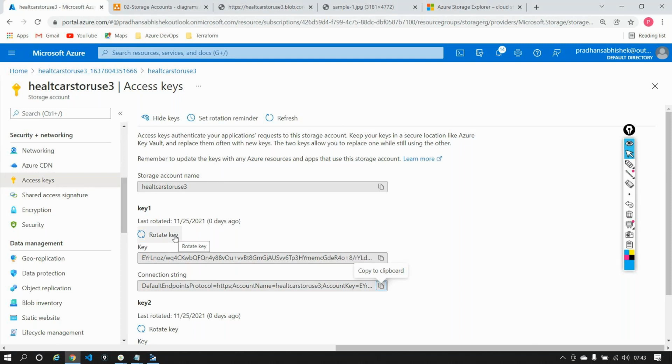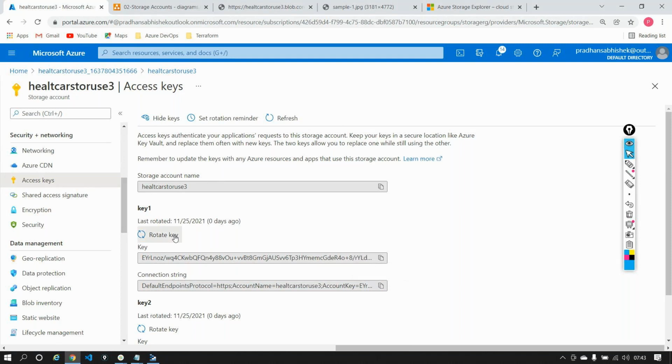This is an option used in scenarios where you want to enhance your security. Normally in an organization, irrespective of whether an employee is leaving or not, we rotate the key every 30 days. For every 30 days, we rotate this key because we want to make sure that no one is accessing the storage account in an unauthorized way.